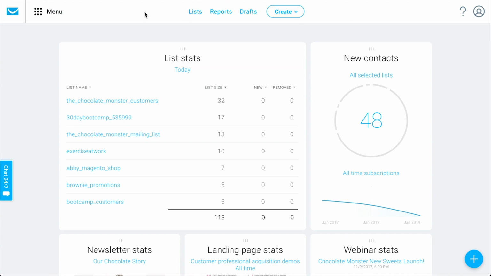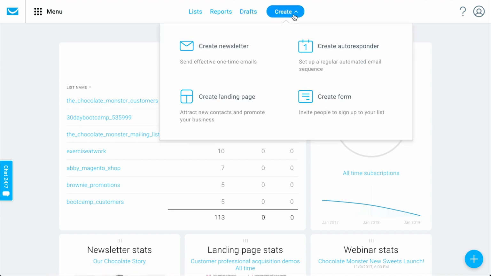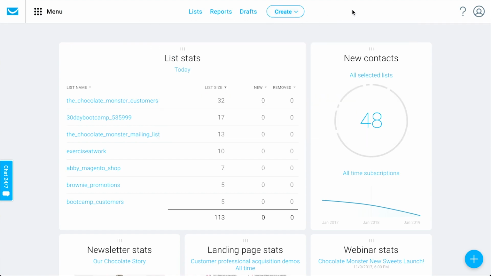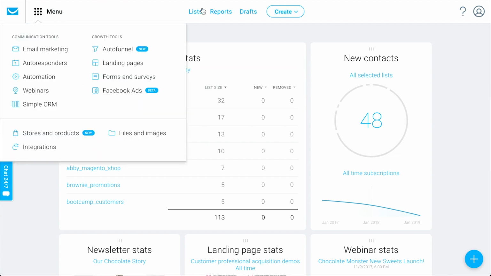And then on the top here, you'll see additional options for quick access to really important areas of your account, like your email lists, your statistics and reporting data, the message drafts you're working on, and then always a quick actions drop down so you can easily create your newsletters, landing pages, forms, or autoresponders at any time. And this menu bar follows you around when you're moving around the account. So whenever you're deep within some other area, you'll still be able to quickly get to other really important areas